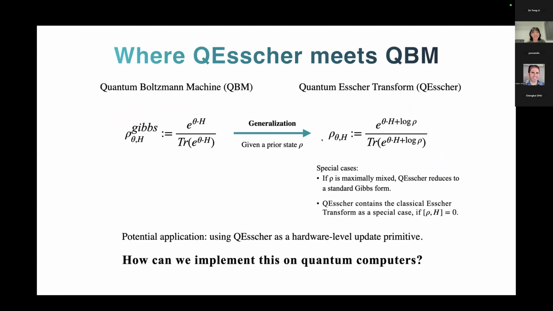Then let's see what's the connection to the quantum Boltzmann machine. So we know the quantum Boltzmann machine is an energy-based model, which always uses Gibbs states. And our quantum Esscher transform makes a generalization given a prior state rho. So you can see there is a bit of difference in the exponential plus log rho, but especially if we make the rho the maximally mixed state, then our Q Esscher will,